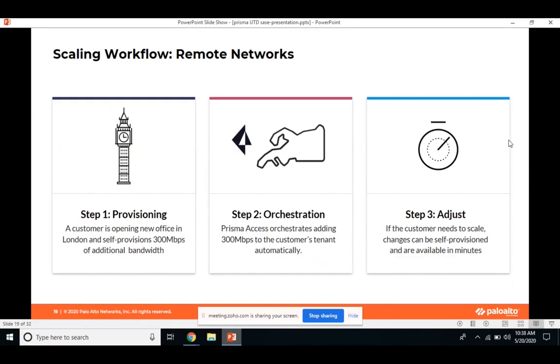So when any user or a customer opens a new office, like I discussed, they can choose the sizing, or the licensing is based upon the bandwidth pool. Okay, so they can purchase a bandwidth pool of how much ever throughput they want, based upon their experience, or they can also take our help to understand what kind of bandwidth bundle will suit them, and depending upon different locations, they can divide that. Okay, and then once they opt for the Prisma Access service, they get all the security features as a comprehensive set,